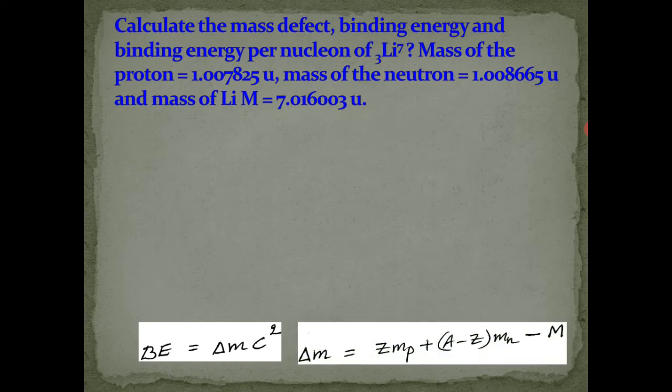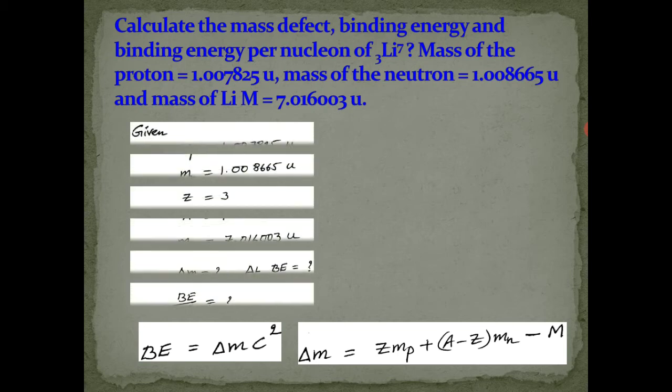So to get the mass defect, the formula, mass defect is nothing but total mass of the nucleons minus actual mass. Mass defect means actually, due to the number of protons and number of neutrons, the nucleus should have a certain amount of mass, but if you observe the actual nucleus, it has less than that. There is a loss in certain mass that we are treating as a defect in mass. So mass defect value is total mass of nucleons minus actual mass of the nucleus.